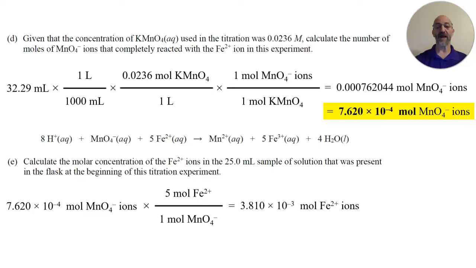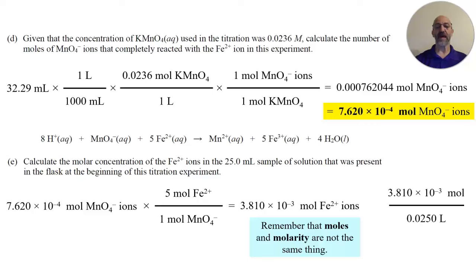Now, I've got a number on my calculator, and it's 3.810 times 10 to the negative 3, but my units are moles. Remember that moles and molarity are not the same thing. So this is moles, but this is not molarity. Moles divided by liters is molarity. So this question said, calculate the molar concentration in the 25.0 milliliter sample, and 25.0 milliliters, when you divide by 1,000, that is 0.0250 for the volume of the solution. And I've got moles of iron divided by the volume of the solution, and I get